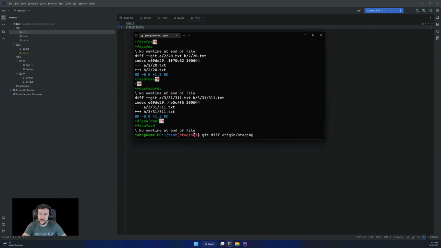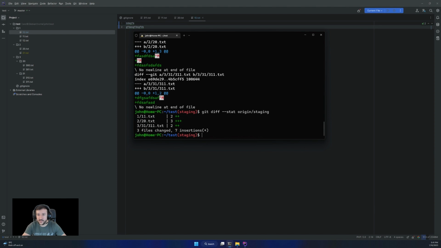This diff can be run with various tags. So you have --stat, which will show the files and the lines of those files. So like this, 2, 3 lines added, again 2 lines. It can run with --since and --until, same as log, with a date to mention in there. And yes, you can compare with branches like this.